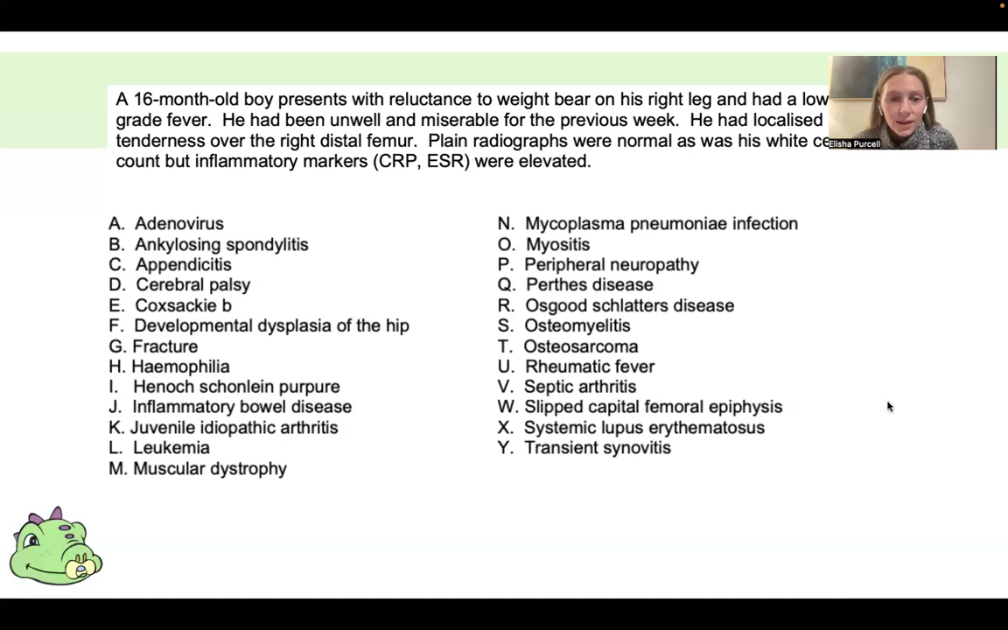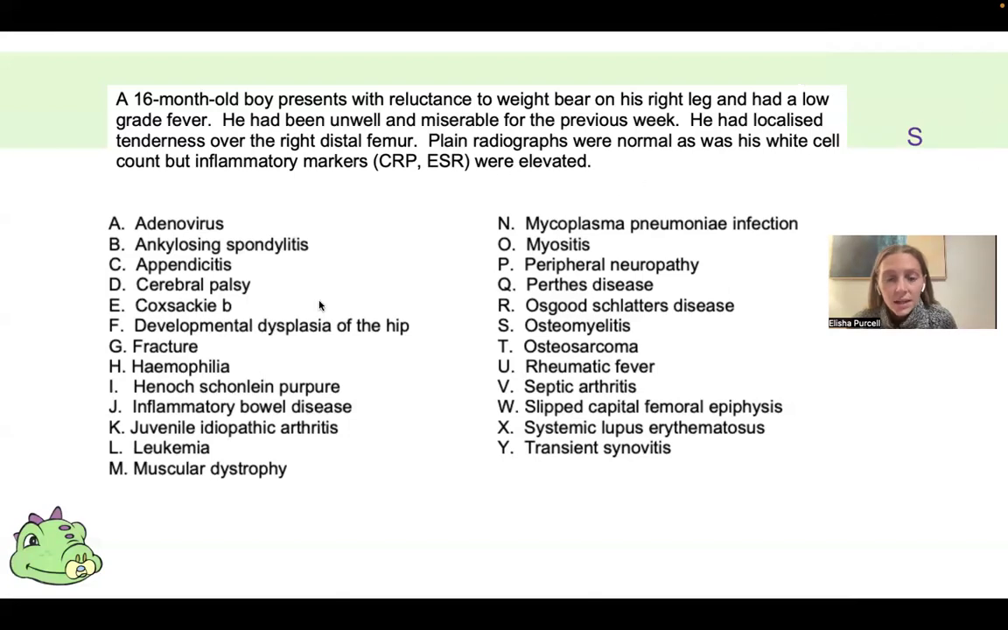So the answer to this one is osteomyelitis. So option S, osteomyelitis. Good job if you guys got that one. For this one,